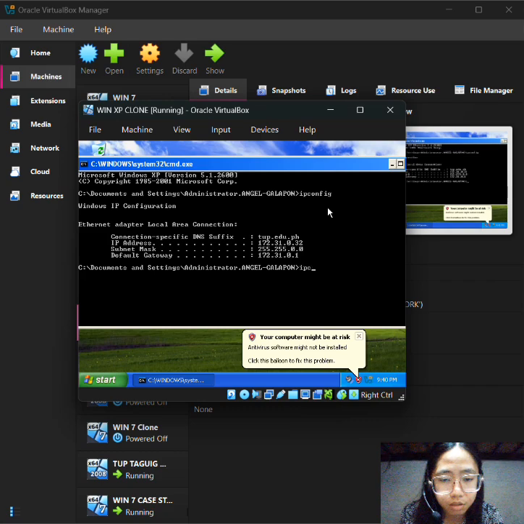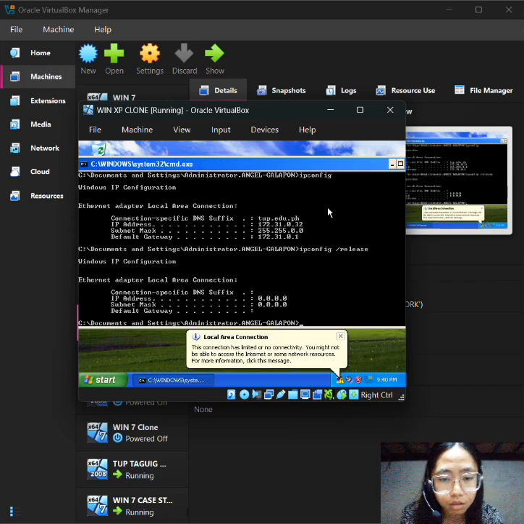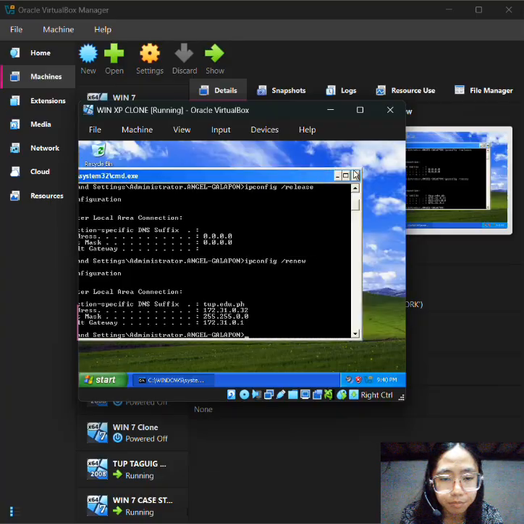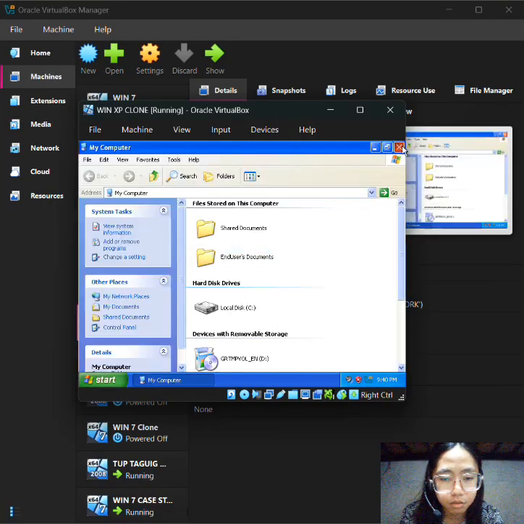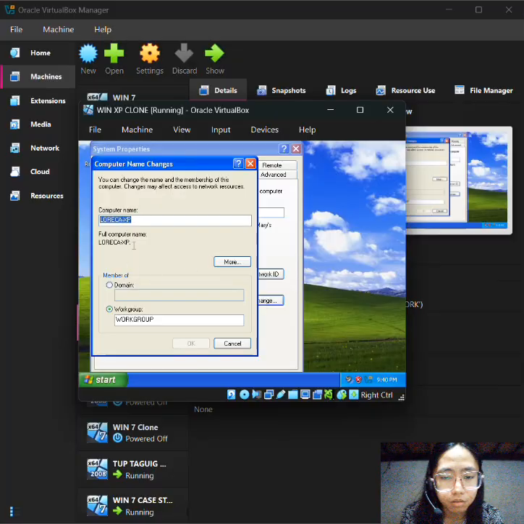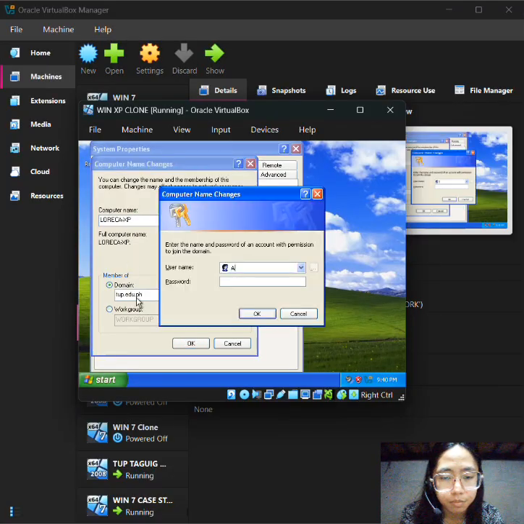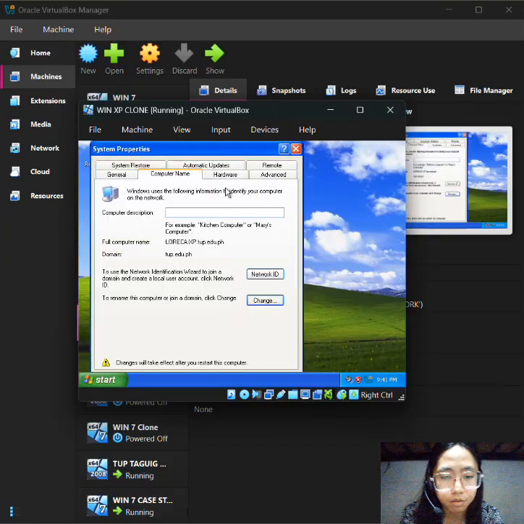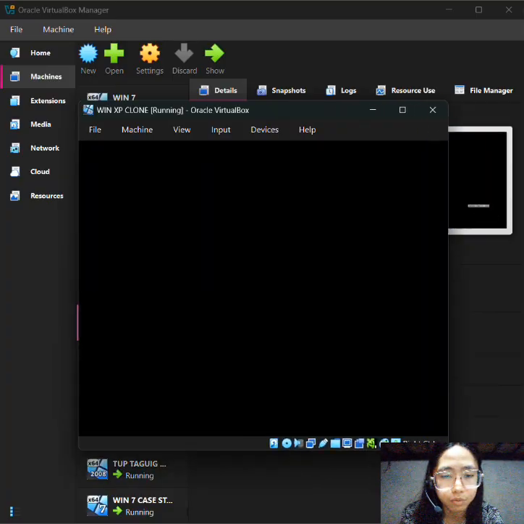So as you can see, it is connected to our IP address from the server. Then I will try the computer configuration to set up the domain. So as you can see, it's successfully connected.